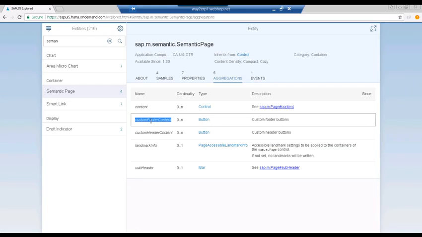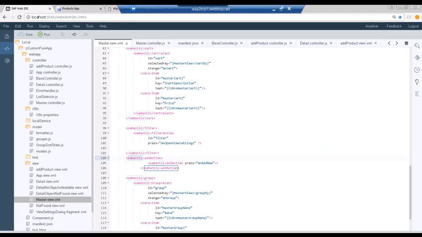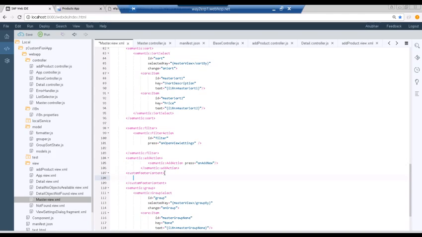So let me try this custom footer content aggregation for this semantic control. So custom footer content. In this, let me add a button and just put the text here, Superman,